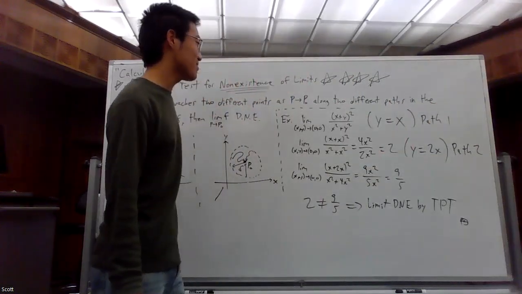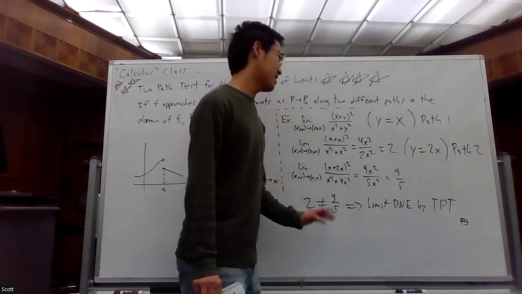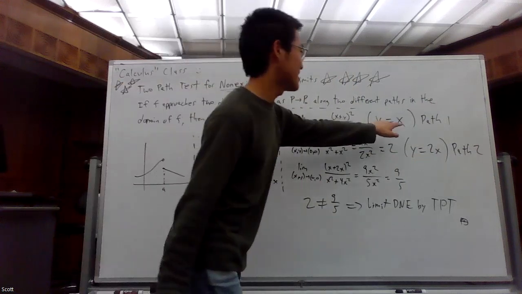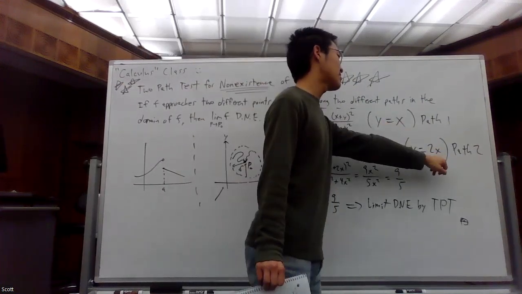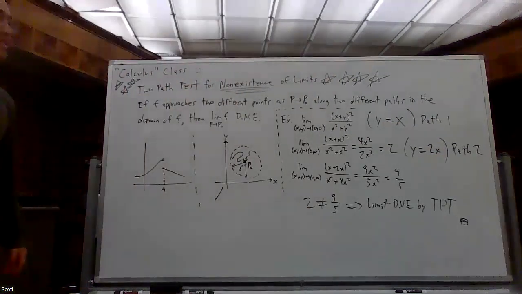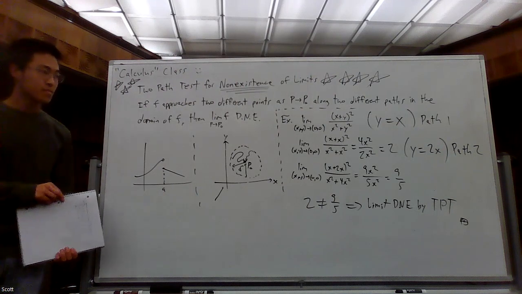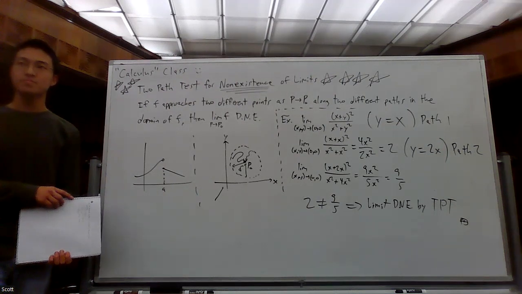So if you choose some diabolical function and path to take for your 2 path test, that's not on me. You've been warned. This is the easiest way to go. The most reliable step is to just change the constant multiple. That's usually enough to do the trick. And so just to put across the last time, we're trying to prove non-existence. Yep. So if we do get the same answers, that proves that a limit does exist.